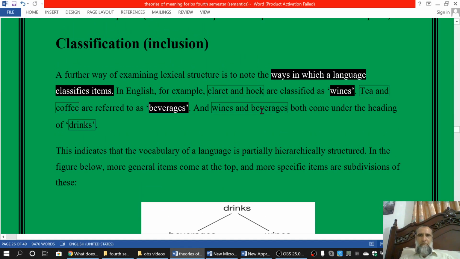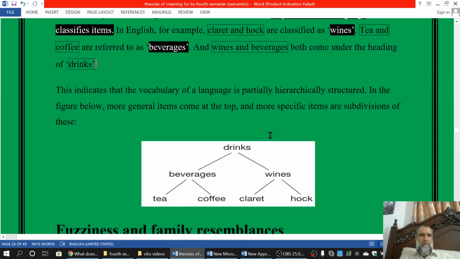In English, for example, claret and hawk are classified as wines. Claret and hawk are classified as a type of wine. And tea and coffee are referred to as beverages. Tea and coffee we will call beverages. And wines and beverages both come under the heading of drinks. We will call both of them drinks. This indicates that vocabulary of language is partially hierarchically